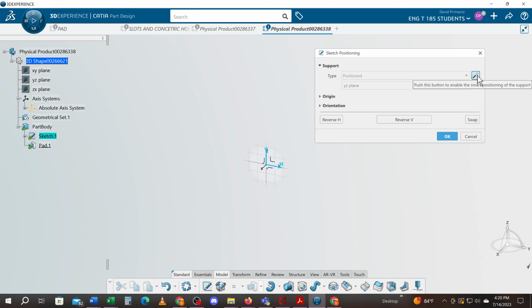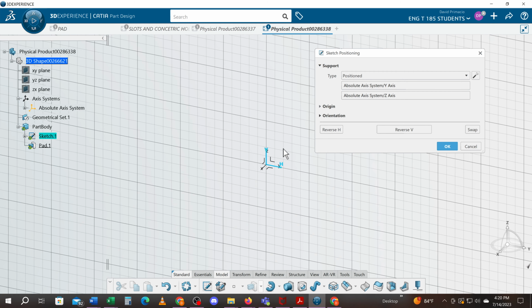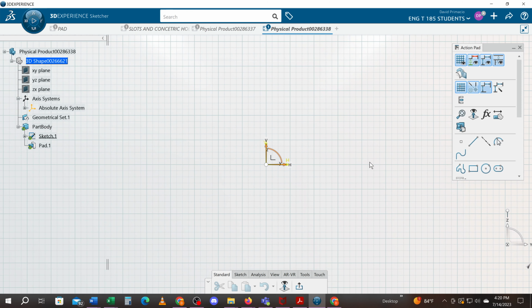So I'm going to push this button to enable supporting a position sketch. It defaults to the YZ plane, but I'm going to simply select the line and then another line here, and it uses that axis to establish my own local axis for this sketch. When I select OK, it creates a sketch,